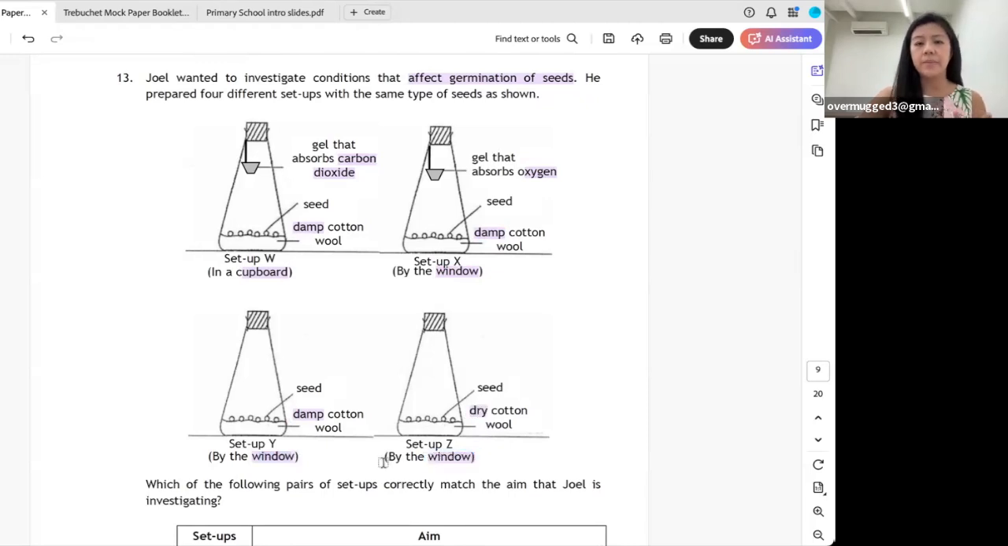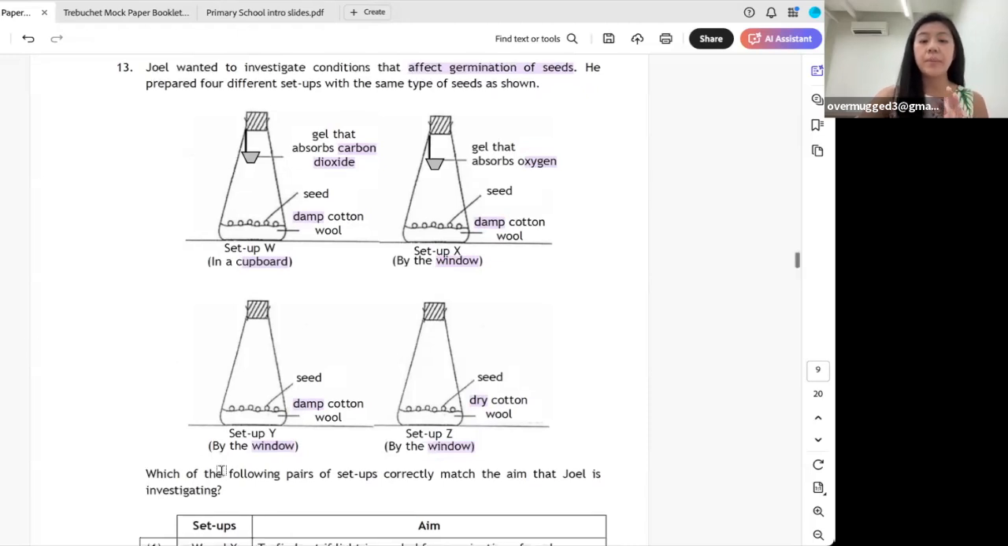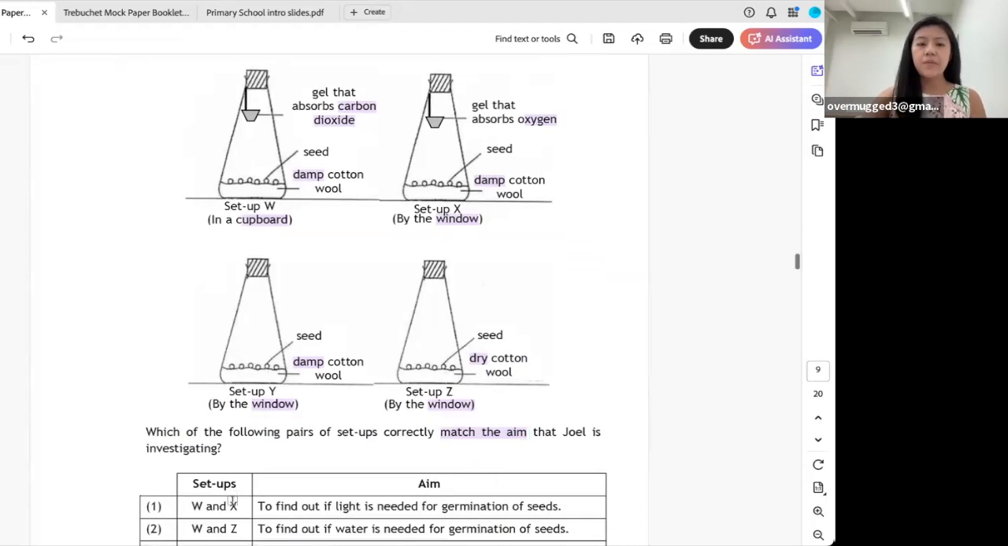So it's 4 different setups, right? What do we want? The question is asking for which of the following pairs of setups correctly match the aim that Joel is investigating. So you need to match the correct setups with the correct change variable to the aim. All right. Now, if you look at setup W and X here, these two on top, there are more than